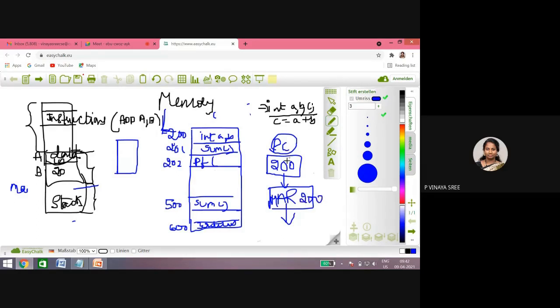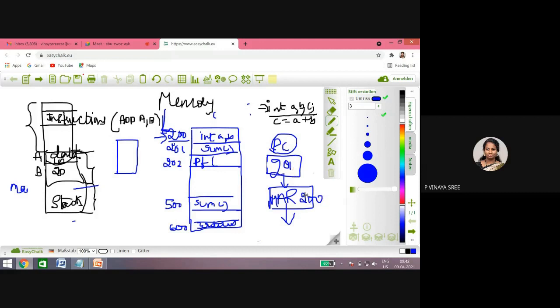Once it is shifted, in parallel the program counter has to place which address now? Currently the processor is executing address 200. Now the program counter has to store the next address, 201. Okay, why?